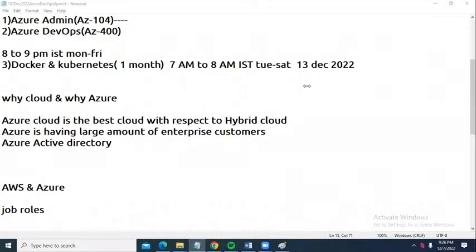ARM and Terraform are almost the same, right? Yes. But ARM is specific to the Azure platform. But Terraform is a generic tool. It can create infrastructure in any cloud, in AWS cloud, Azure cloud. You cannot use ARM templates outside of Azure. It is completely specific to Azure.